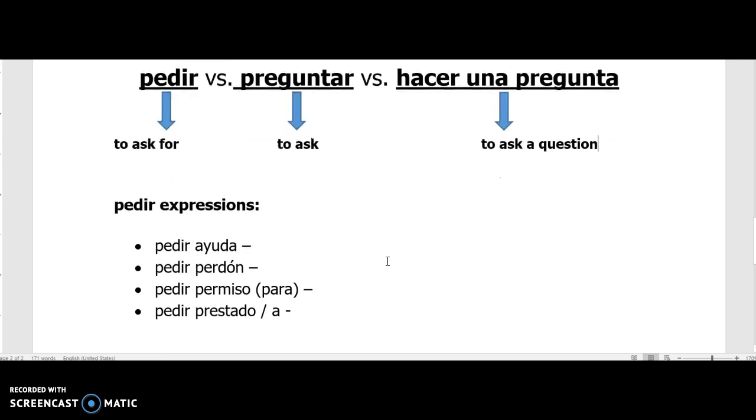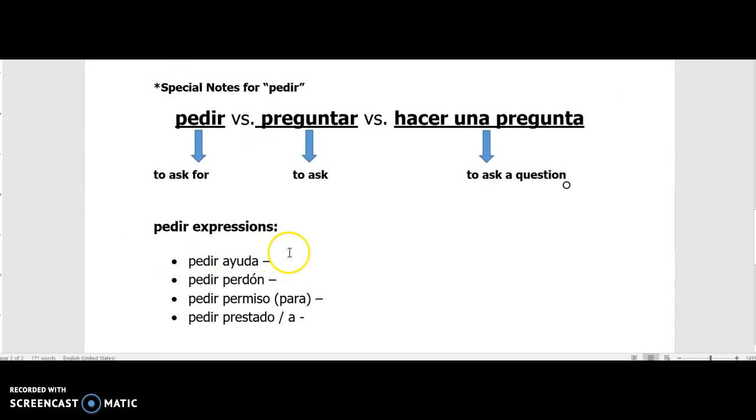Pedir has a whole bunch of expressions that go with it. So we can ask for specific things. So we can pedir ayuda. You know the verb ayudar is to help. So pedir ayuda, to ask for help. Pedir perdón, to ask forgiveness. Okay. Pedir permiso,